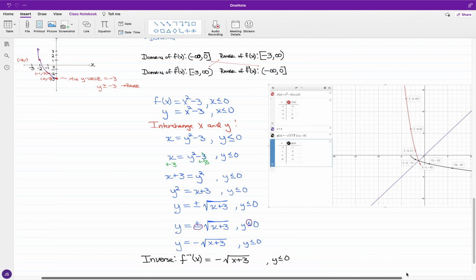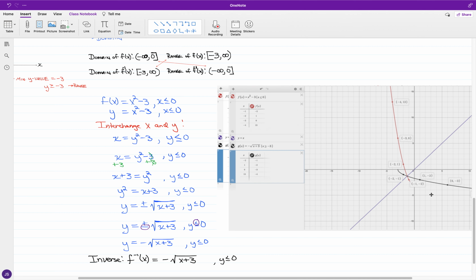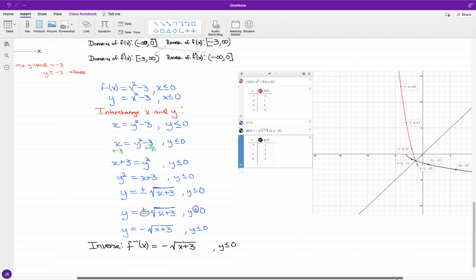And I'll just mention something too now, just looking at the characteristics. Okay, notice I had imposed